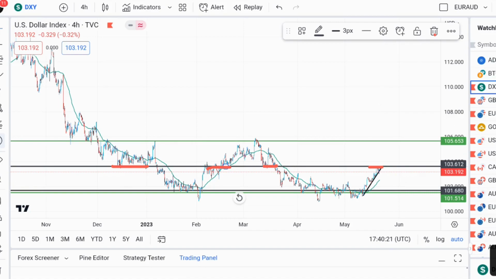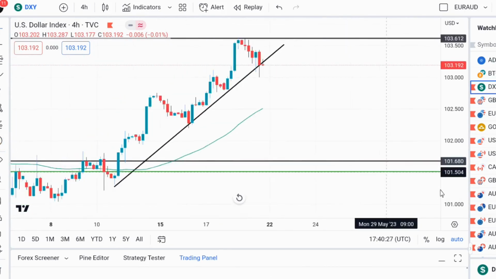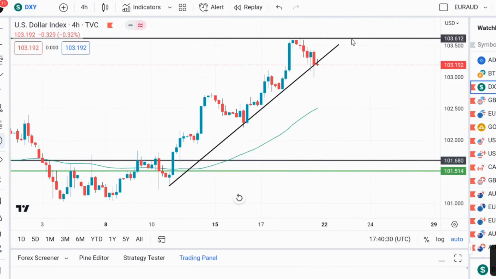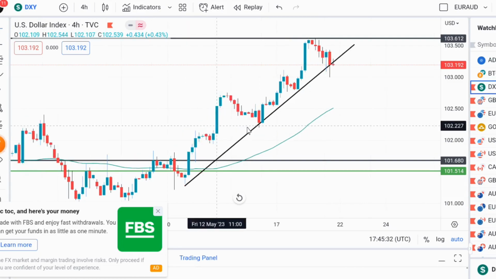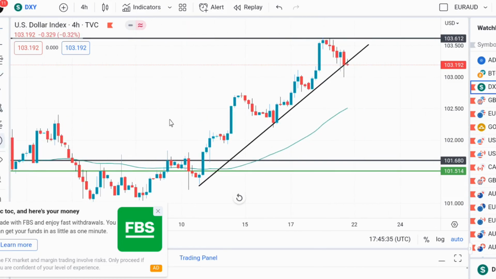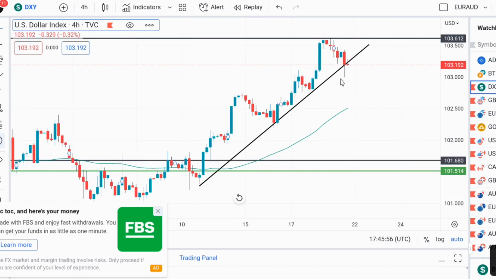But before that, let's zoom in on our chart. As you can see, there are two things you have to see here. This trend line is very, very slopey, which means there's a probability of this trend line breaking to the other side. This is the support level right here, and this is the next support level at this particular area. If we have a breakout of this trend line, since a slopey trend line has a probability of breaking, you might see a break to this particular area.